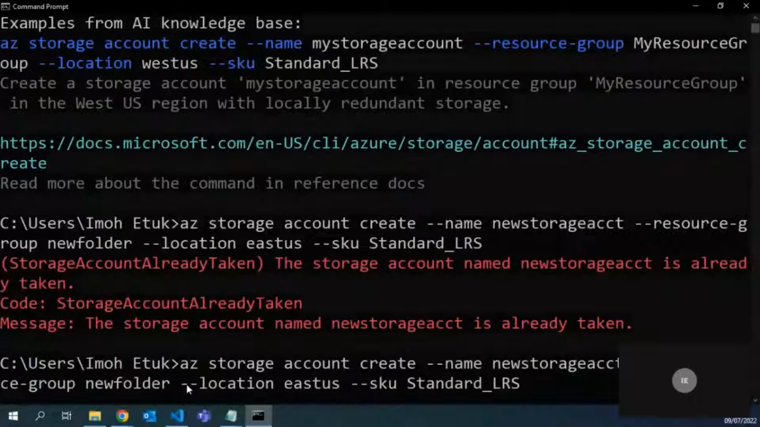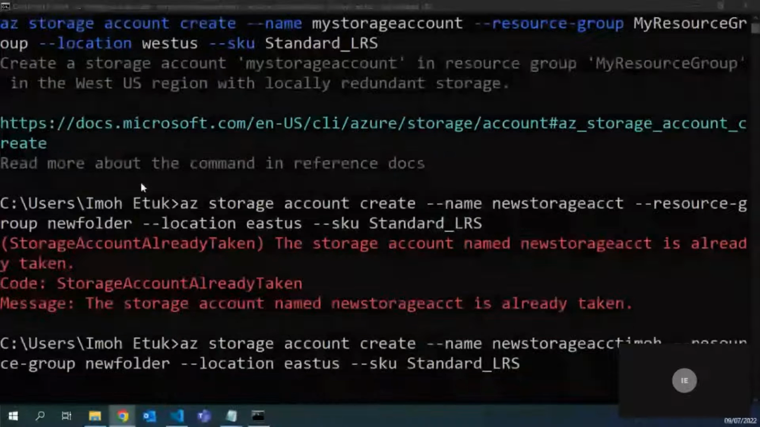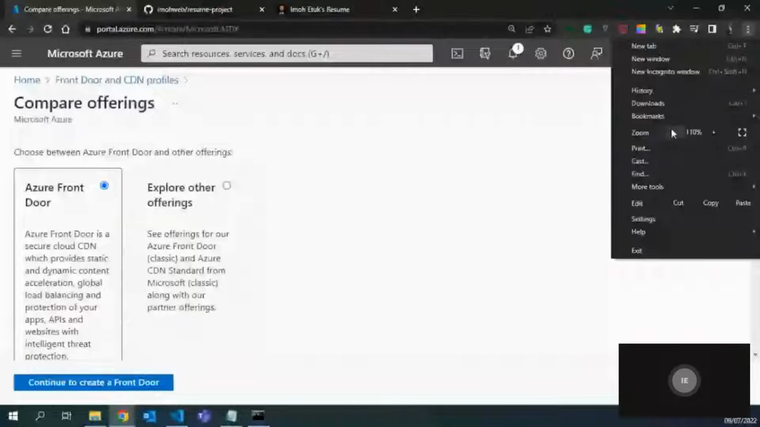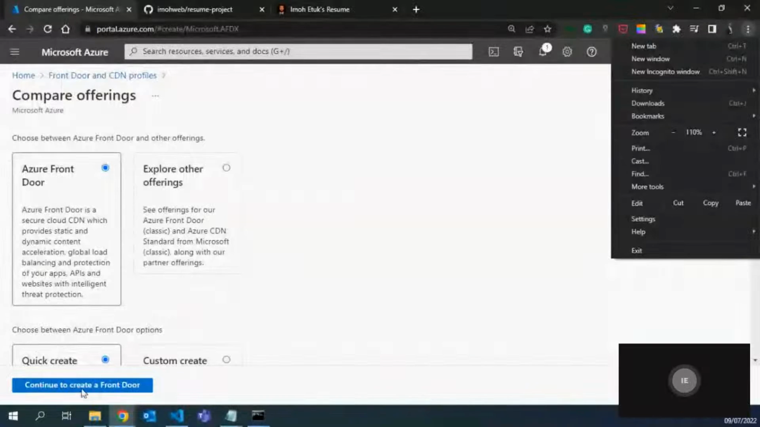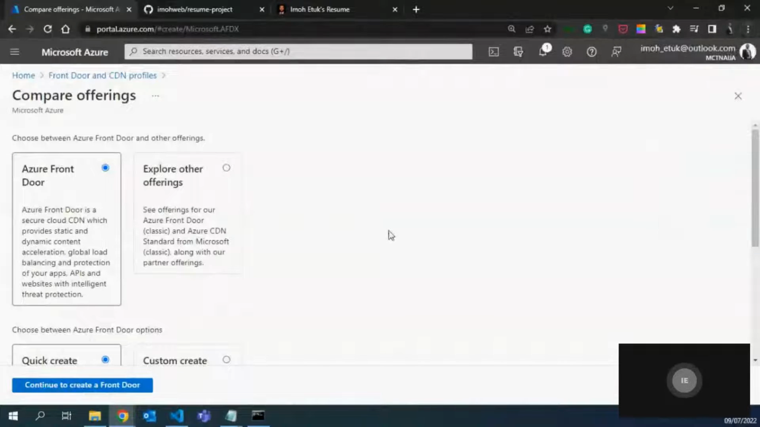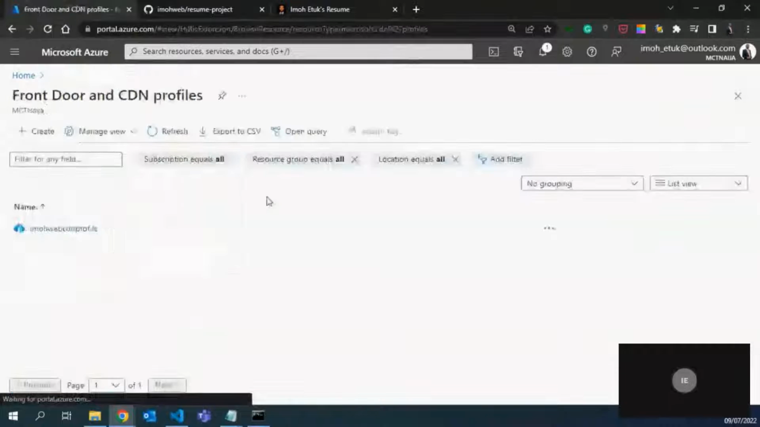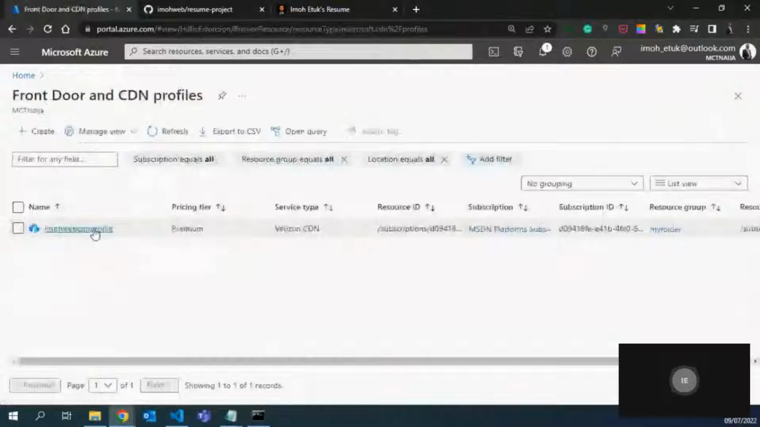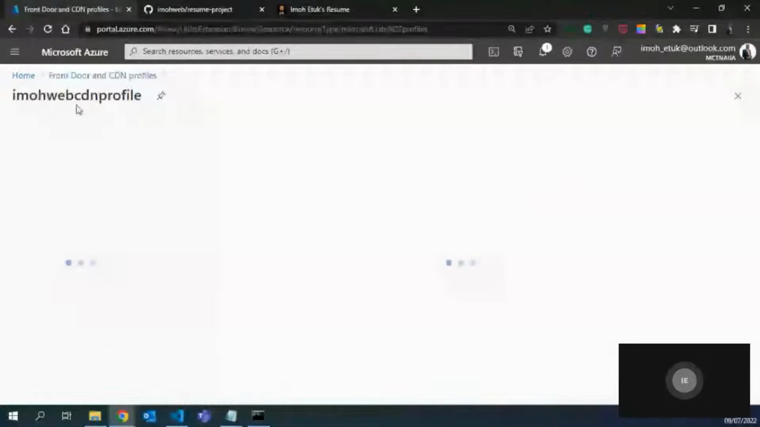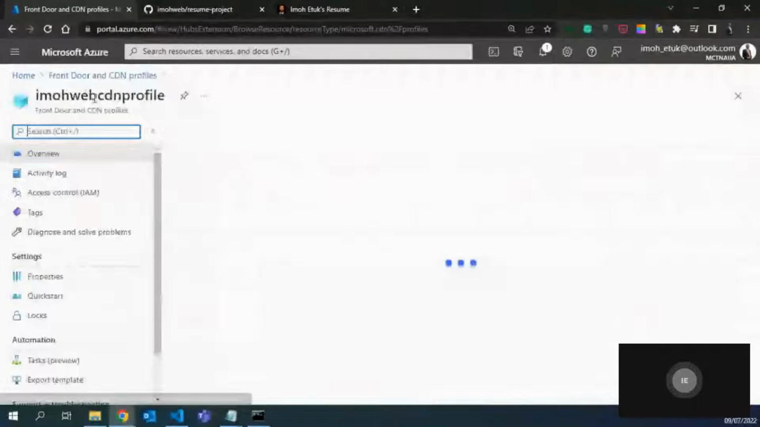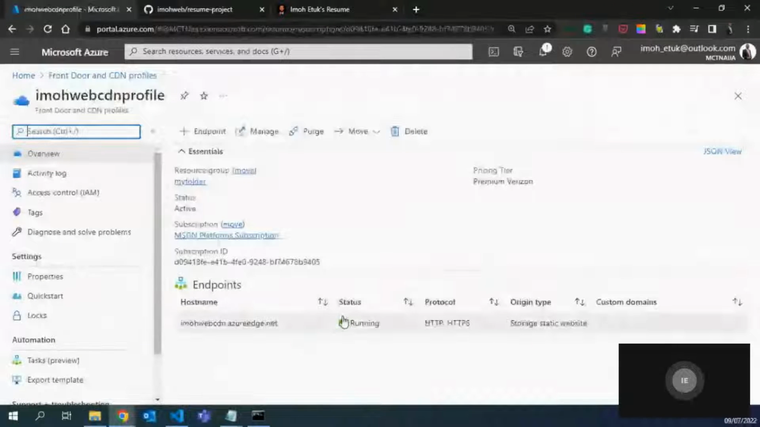While that is being done, let's quickly go back to the Azure portal. I'm going to reduce the size of my text. This is highlighted, so you continue to create Front Door. In this case, I'm not going to create it because I already have one here. Azure CDN profile can be used for several websites, and this one is already running, so I can create another